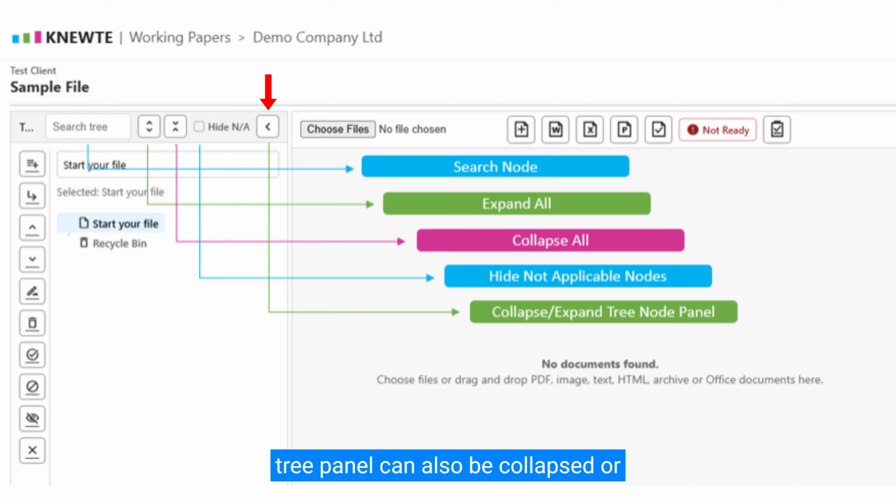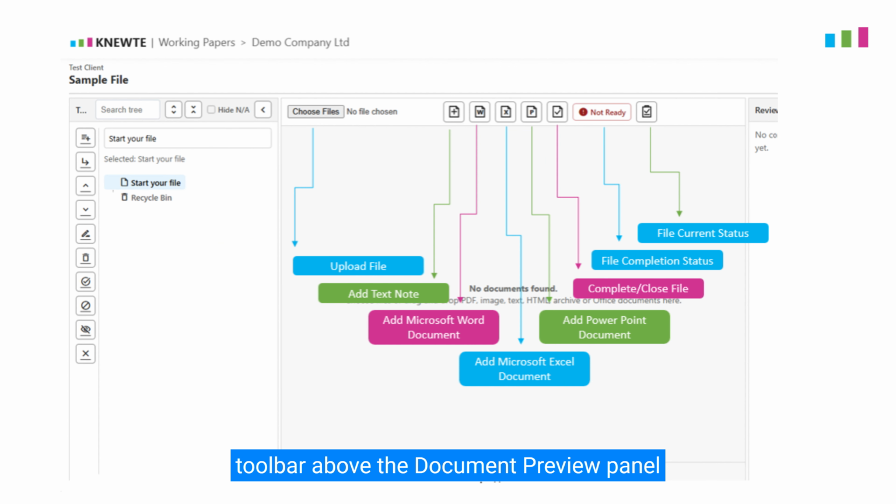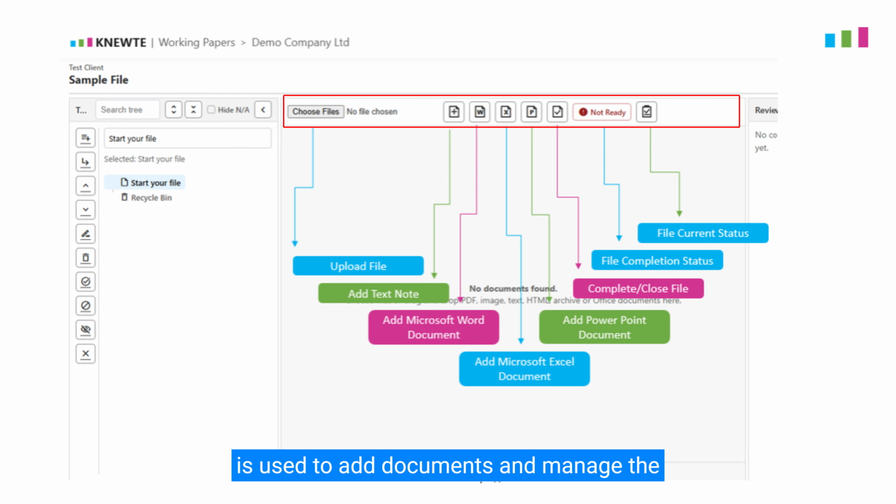The tree panel can also be collapsed or expanded. Collapsing the panel gives more space to the document preview area, while expanding it brings the full tree structure back into view. The toolbar above the document preview panel is used to add documents and manage the working paper file